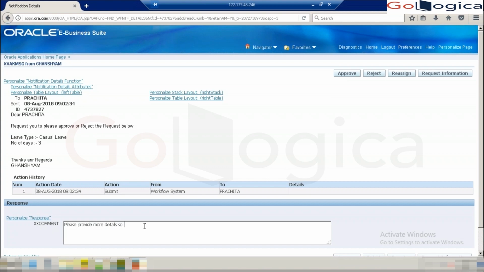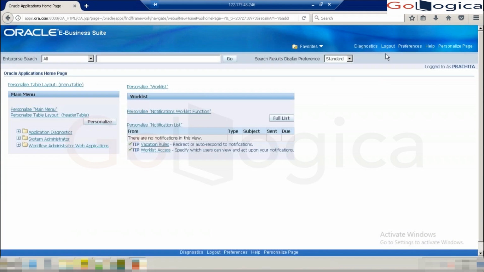So to approve and resubmit back, submit it again with details. Something like that. So this time I'm rejecting with comment or approving with comment, something like that. So I'm rejecting. Done. Now I'll go back to